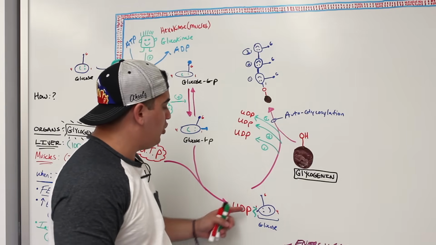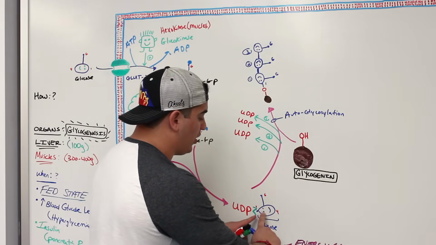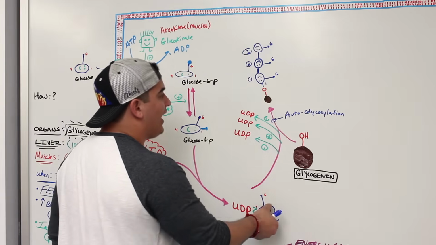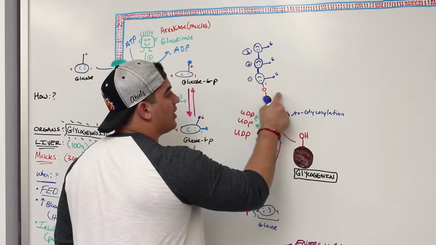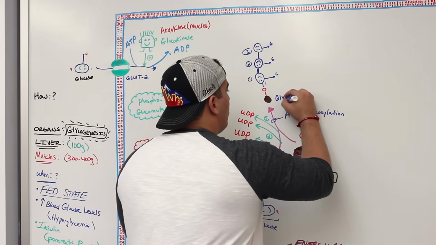All I'm doing is I'm taking the UDP glucose, breaking the bond between the UDP and the glucose, between the 1 carbon of glucose, breaking that bond, releasing the UDP, and taking the glucose and adding it onto this. What is this brown molecule here called? This is called glycogenin,